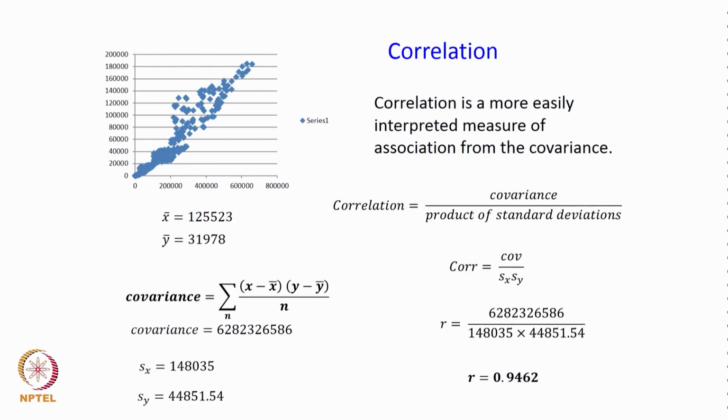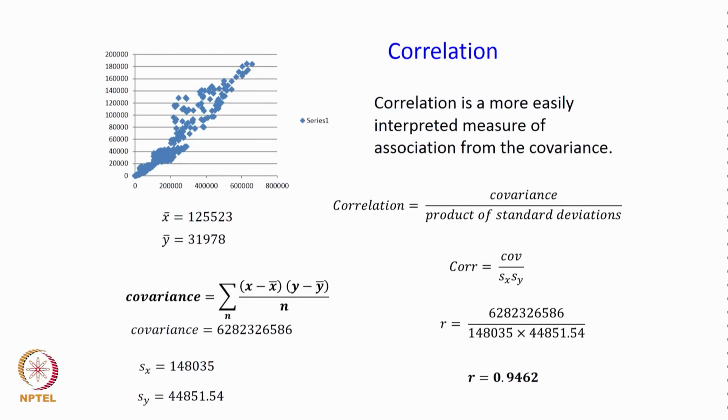We have already studied the correlation coefficient and its computation. So, we are now doing it one more time to show that correlation is 0.9462. Also remember that covariance can be negative, we saw that in an earlier lecture, whereas standard deviations are strictly non-negative, they are either 0 or positive. And because correlation coefficient is covariance divided by a positive quantity, we would have correlation as a negative quantity as well as a positive quantity.